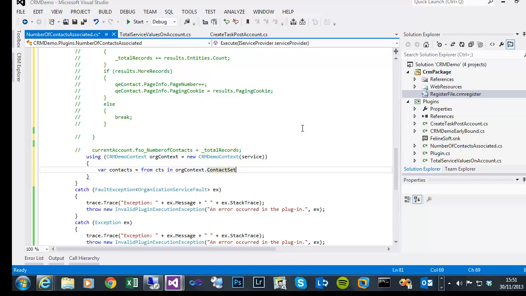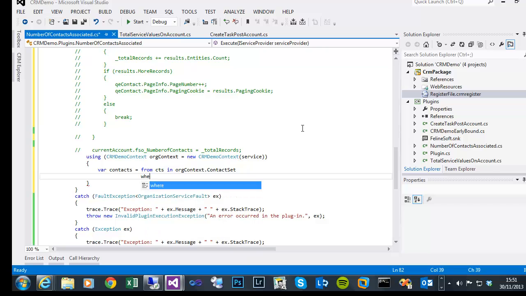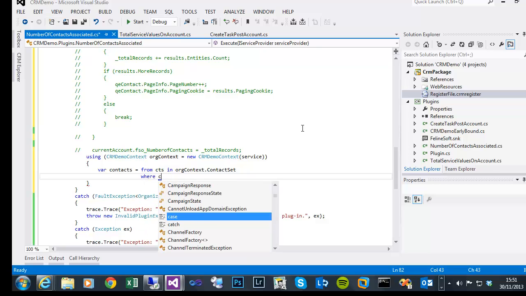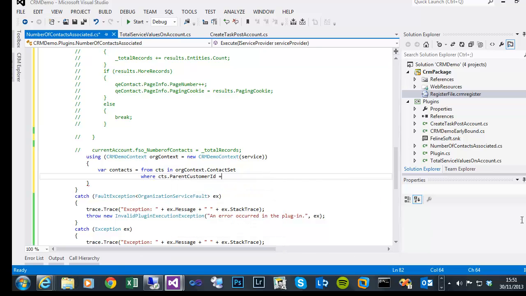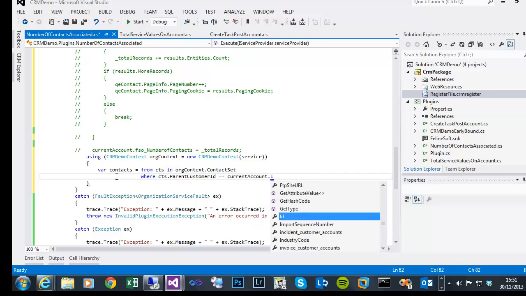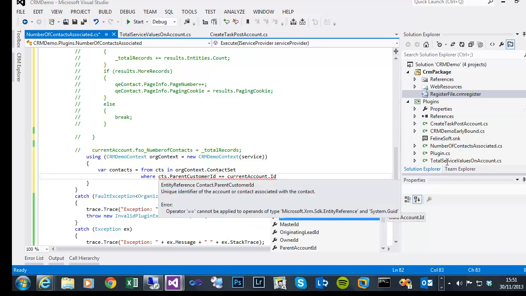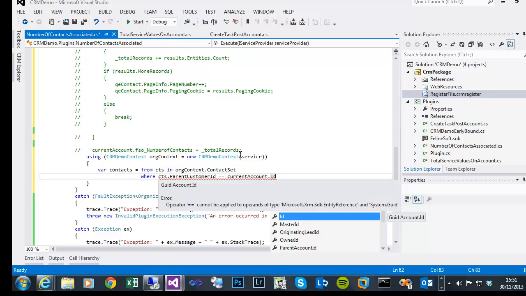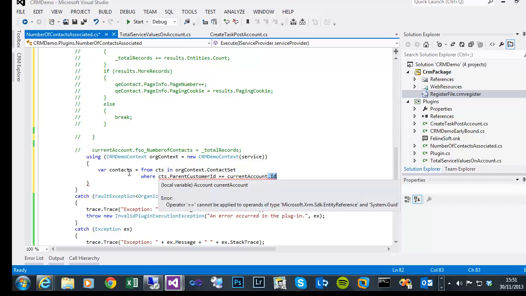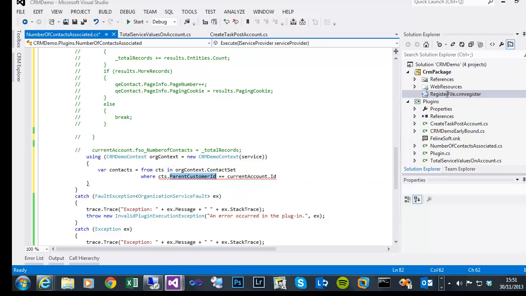Obviously, if you've regenerated the early bound class since you created your custom entity, where the parent customer ID equals the current account ID. Again, that's an entity reference. So, two options: take the early bound entity type and do a ToEntityReference, or filter on the ID. It might be safer to do it as a ToEntityReference here, just in case there's ever a chance of a matching GUID on the contact and account,